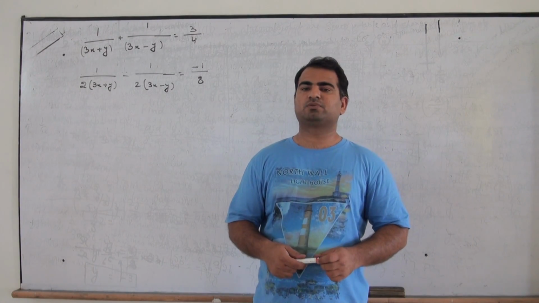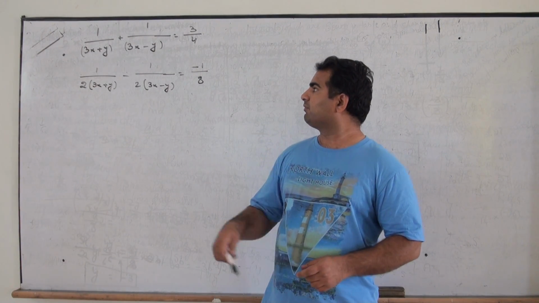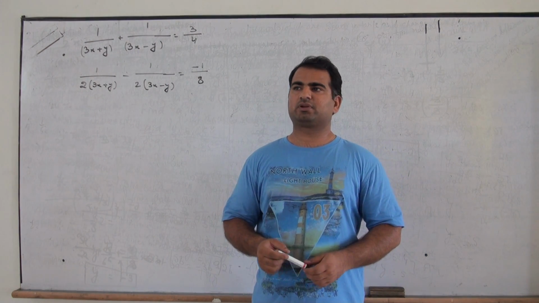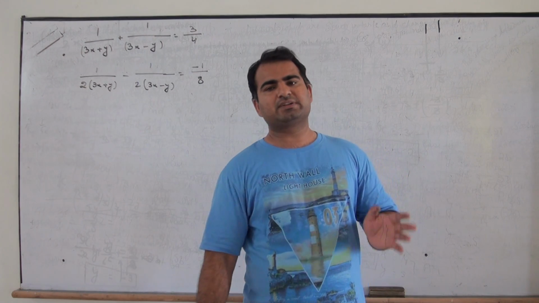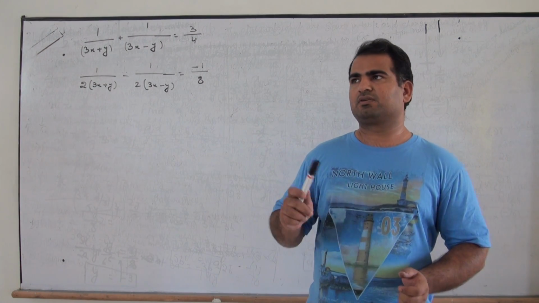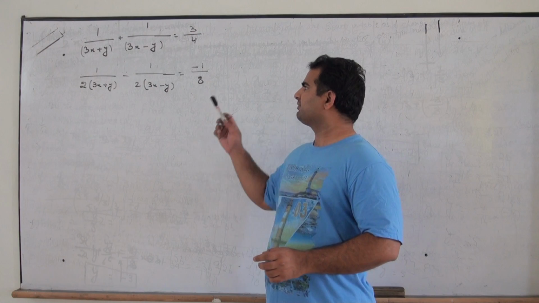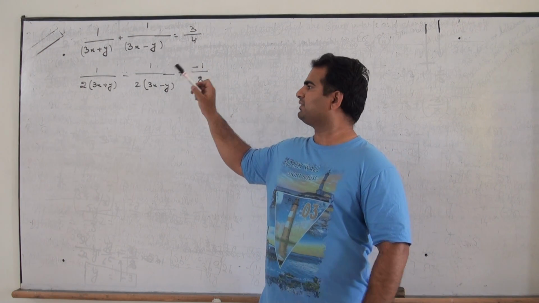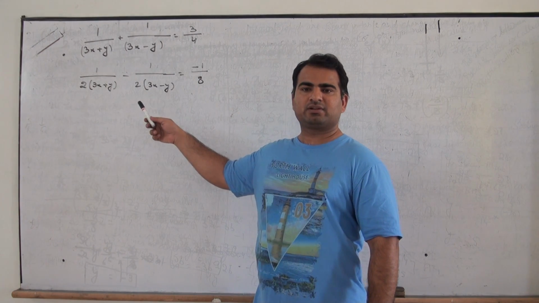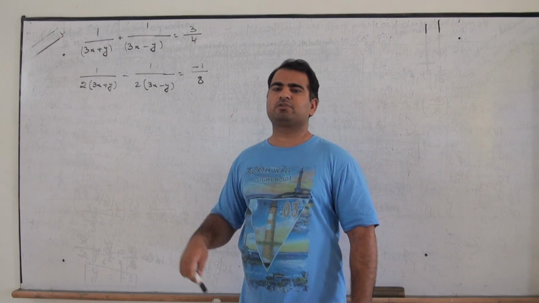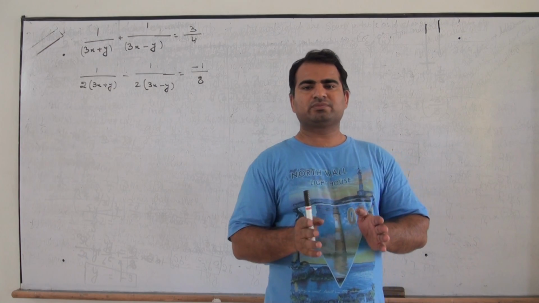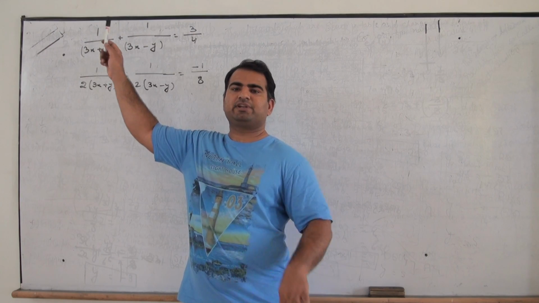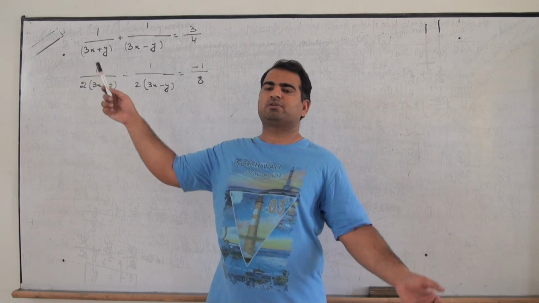So what we have to do when this kind of equation is given. What is the difference between the other questions and this question is, in other questions the variables are given as a numerator, but in this question the variables are at the denominator. So what we have to do is, we can assume this 1 upon 3x plus y equals to a new variable a or b or c.